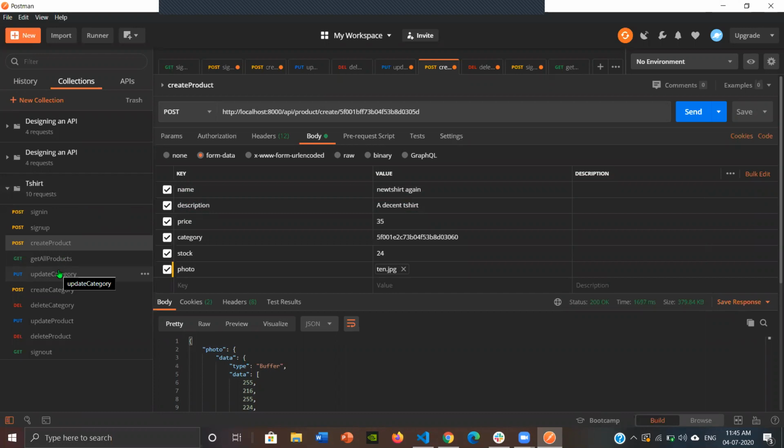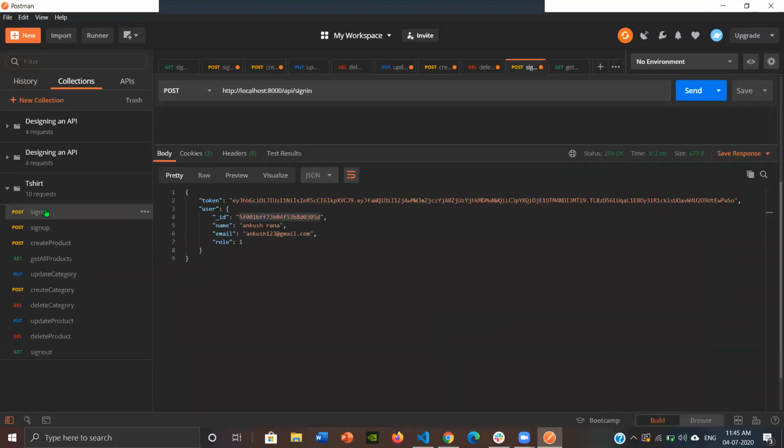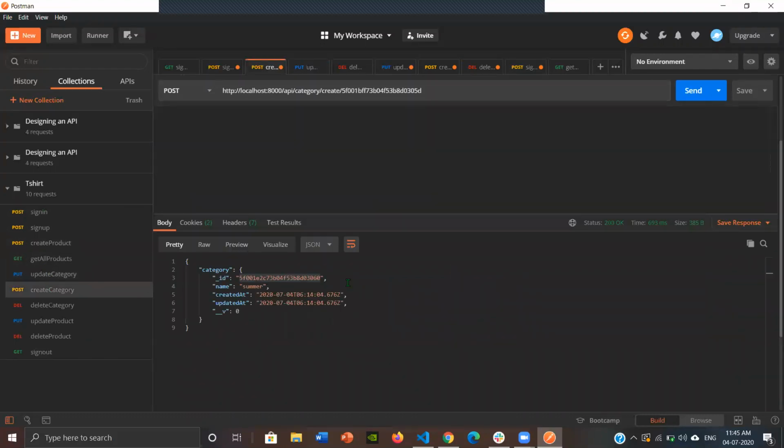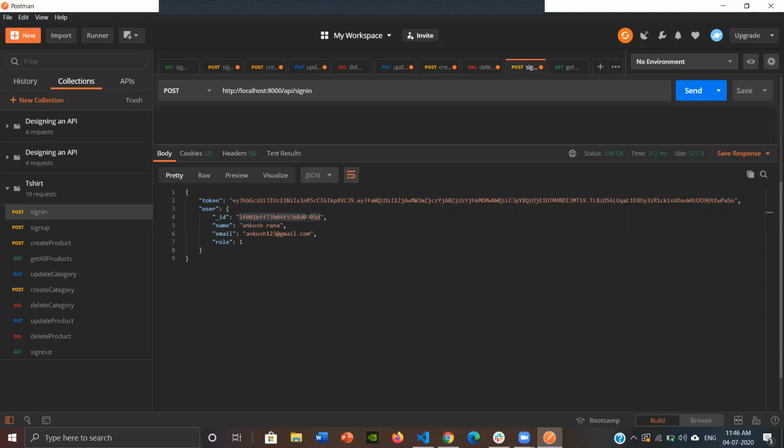The way of updating the category is the same as we have seen, and the same goes for deleting a category. We can delete a category again. For this, we need a category ID and the user ID.